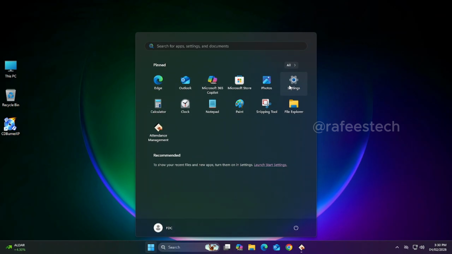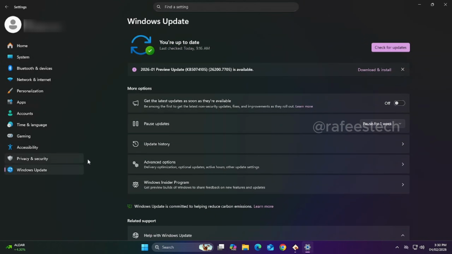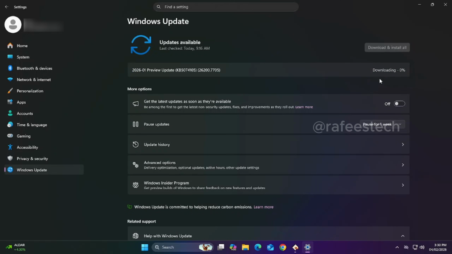Click on Start menu, click on Settings. Here, click on Windows Update. Here you can see the latest update, 2026-01 preview update KB5074105 26200.7705, is available for installation. Here, click on Download and Install for